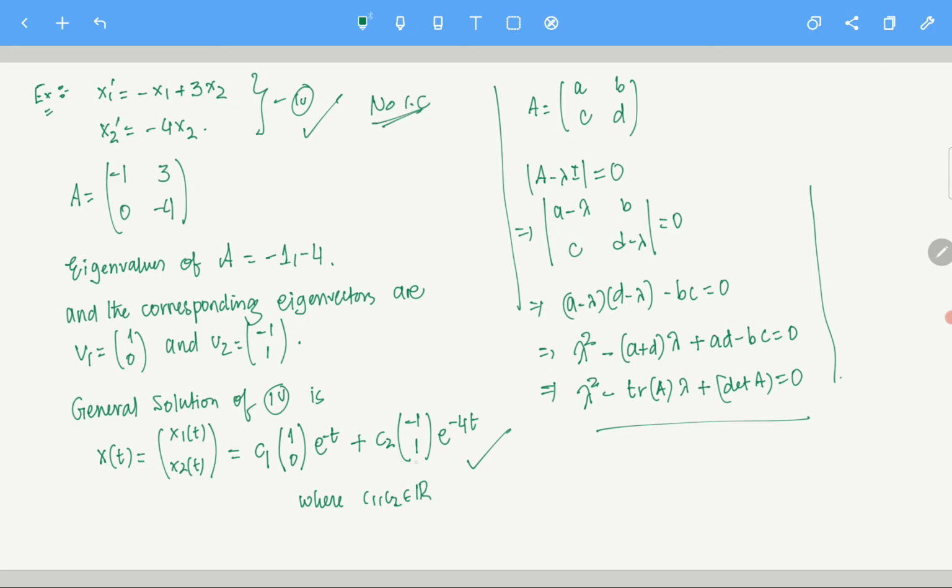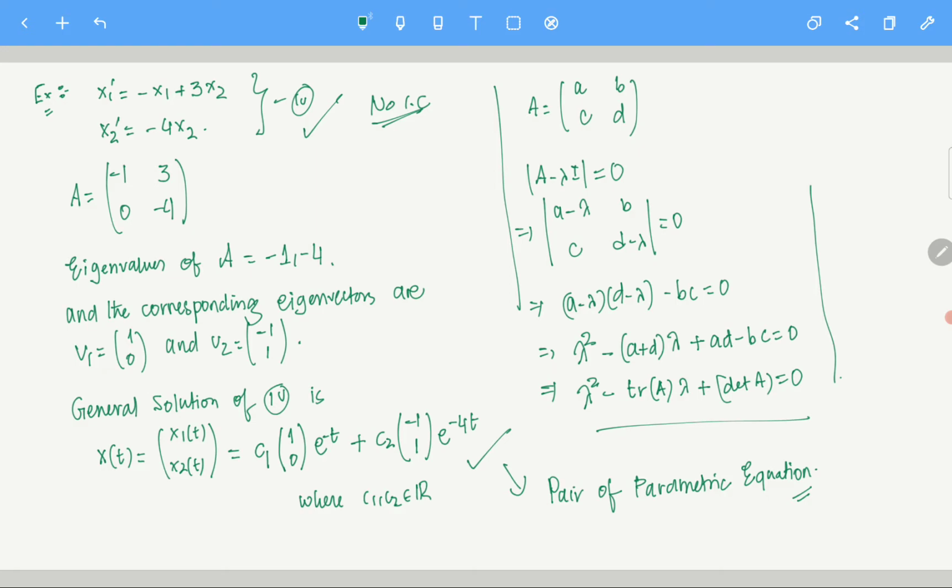So what sort of equation is it? This you have to understand. Here x1 depends on t and x2 depends on t. So this is a pair of parametric equations. I hope you know what parametric means: basically it depends on the parameter t. Both x1 and x2 depend on the parameter t.